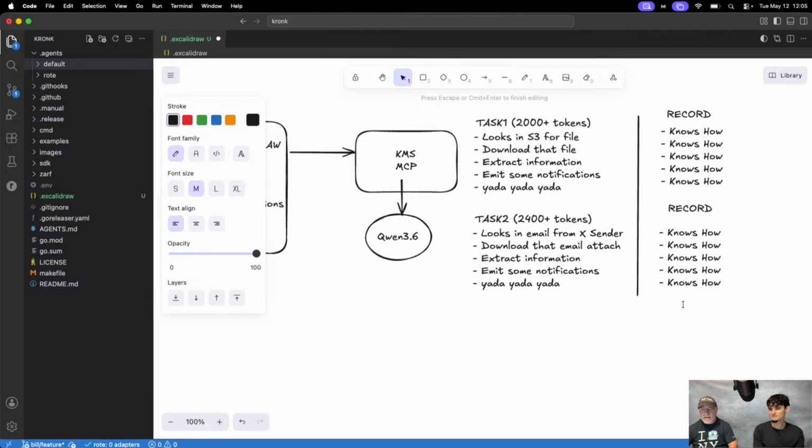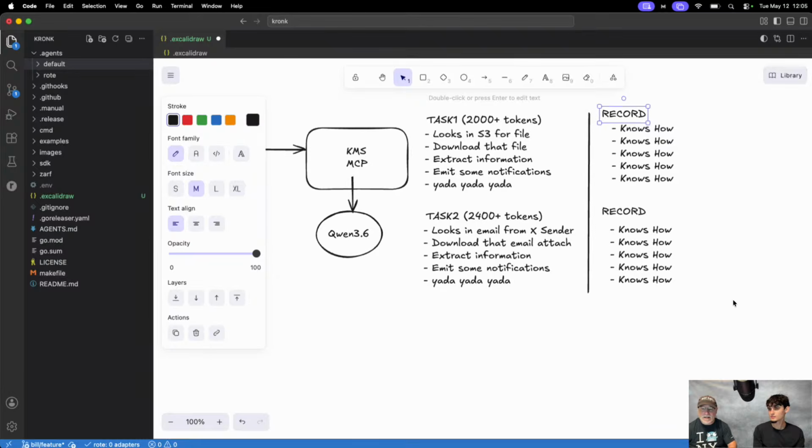So here's the thing: it already knows how to do this. It records how to do this. So if it records how to do this, then the only variable left for the model is not how to do it, it's just what to fill in: the parameters, the data you need.